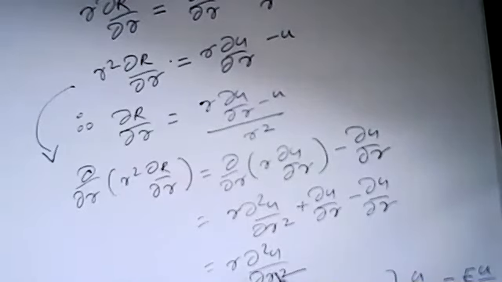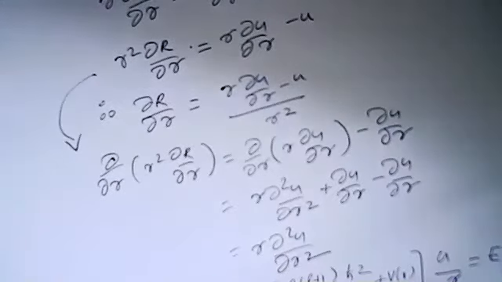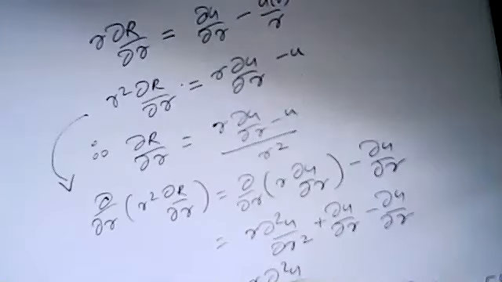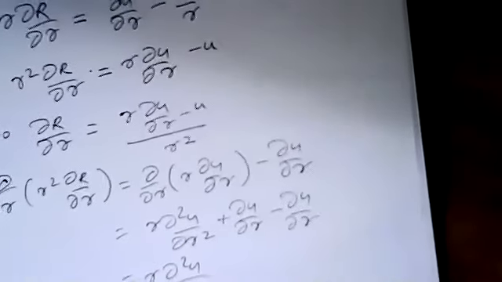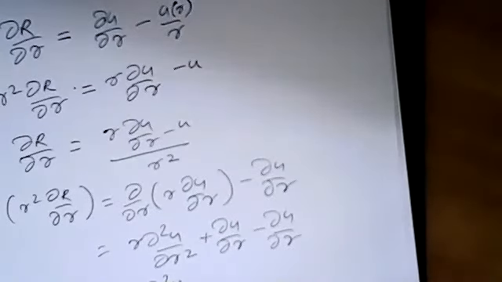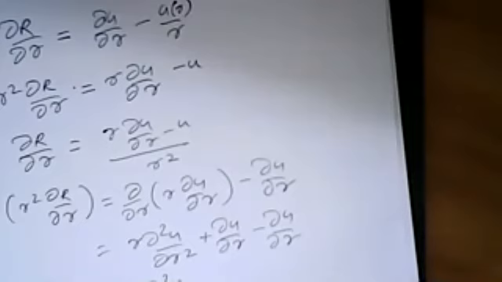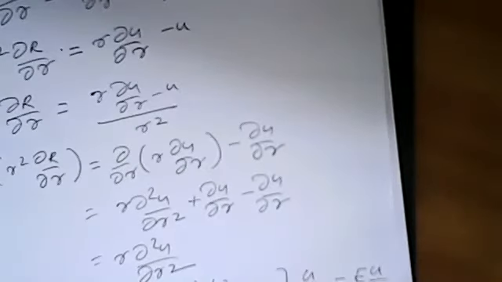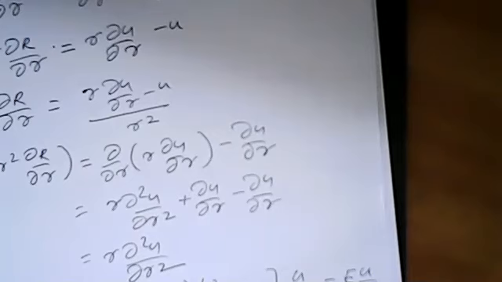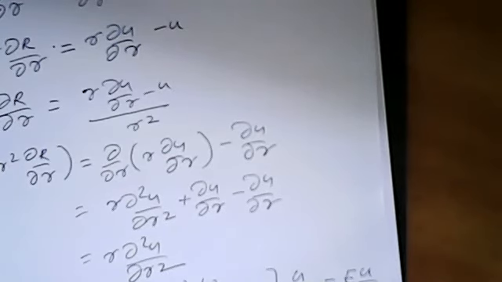So you can substitute this in the above equation, so that minus h cross square by 2 mu r square, r dou square u by dou r square, plus all the above same things here also, but instead of capital R you have to put u by small r, equal to e into u by small r. So in the next class, we will find out the solutions of u.